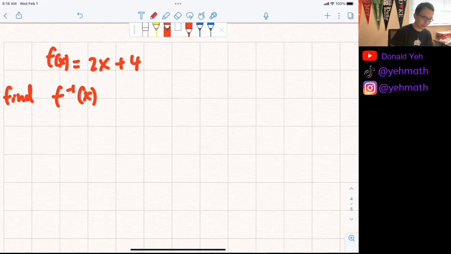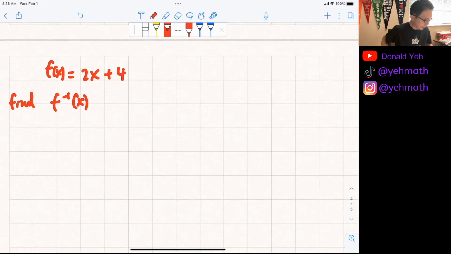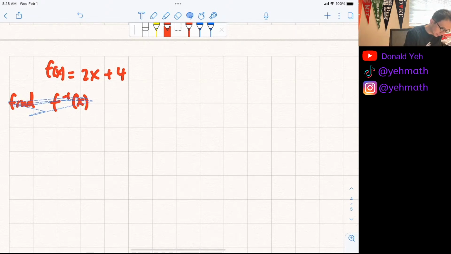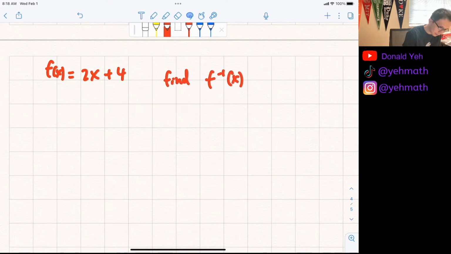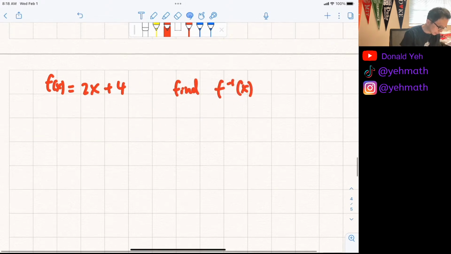So here, we're going to find the inverse derivative. But first of all, we need to teach you. Let's start with the top again. Hold on a second. Find inverse. One thing I want to tell people is when you see this notation,